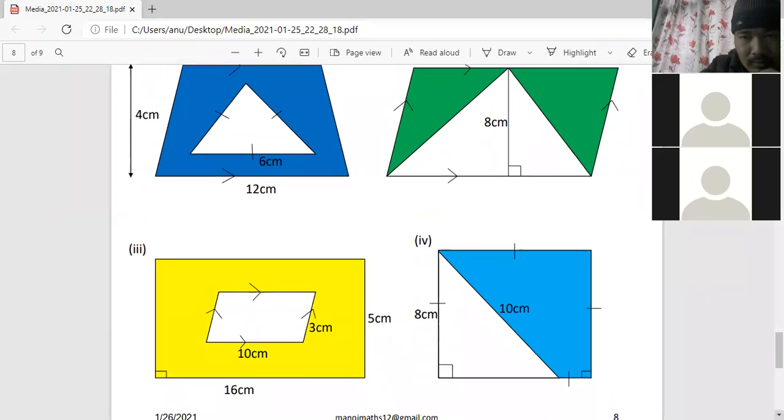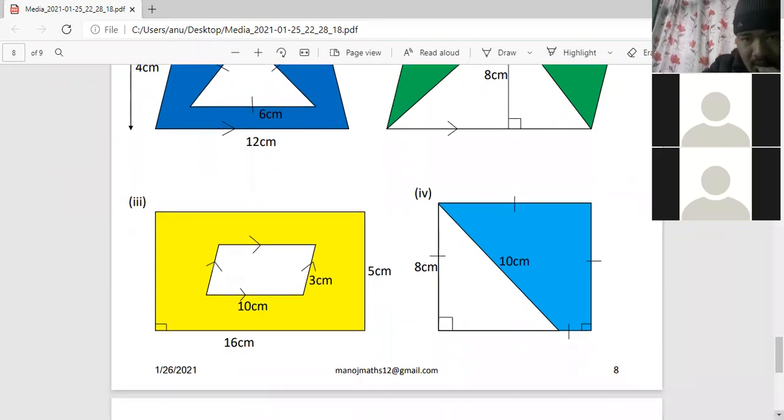Sir, in next class, can you give us the formula of all diagrams? Okay, okay, I will give. I have already prepared that also, okay? I have prepared that formula sheet already, and I will show that in my video also, and I will put all the documents in the description, okay?